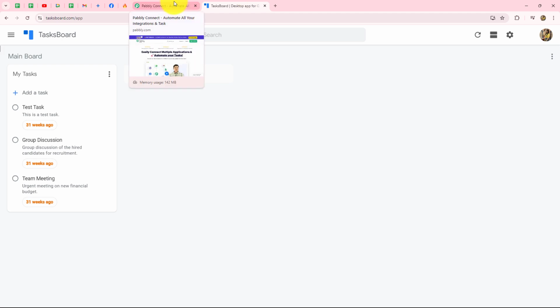It has some amazing features. With it you can create tasks with due dates and reminders, and also you will be able to set priority labels to these tasks. Okay, you can organize tasks into different kinds of lists, boards and subtasks, and also you can prioritize your tasks by giving them important or urgent marks.